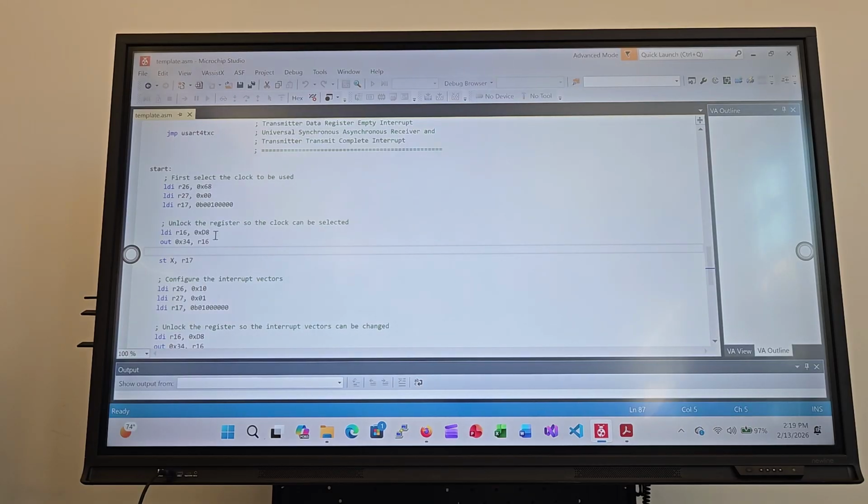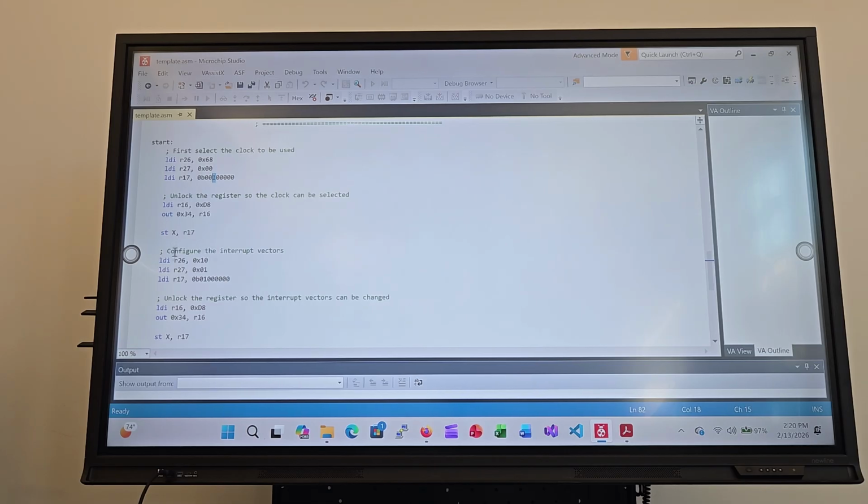That's what's going on here. And then store the 1 in bit 5's position. Then similarly, you configure the interrupt vectors, change the pointer of X from what it was up here to this down here. Select the appropriate bit that you want to select and have the interrupt vectors located at,